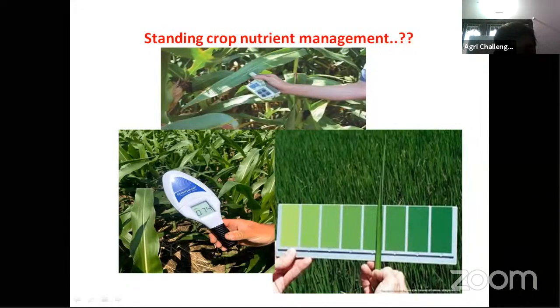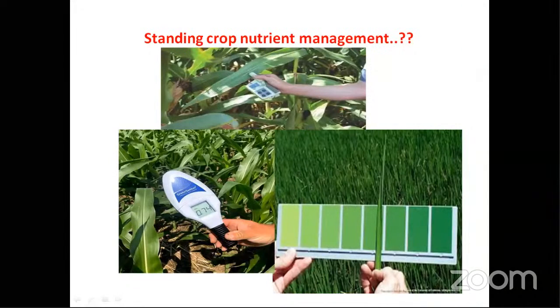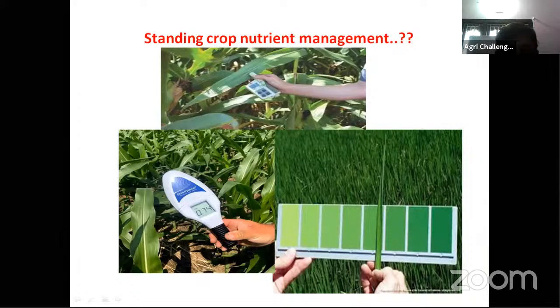But based on what? Based on the soil test, we found that there are some deficiencies in the soil. As per the crop's total requirement, we apply something at the time of sowing or before sowing. Then next we apply after some time in the standing crop, that we call top dressing. But the top dressing is based on the plant's quick requirement.